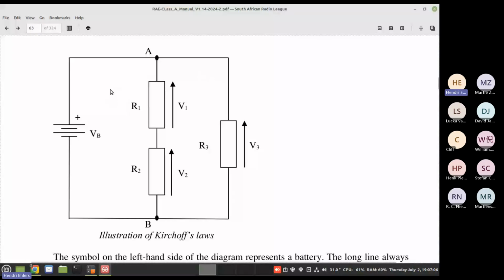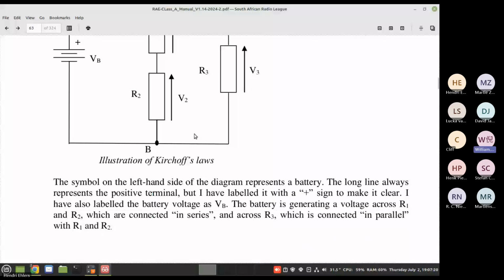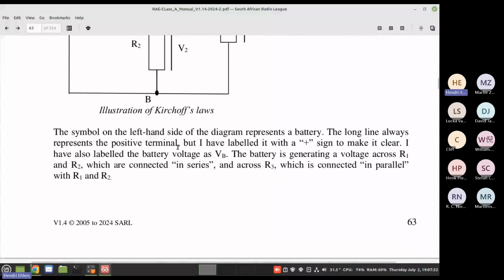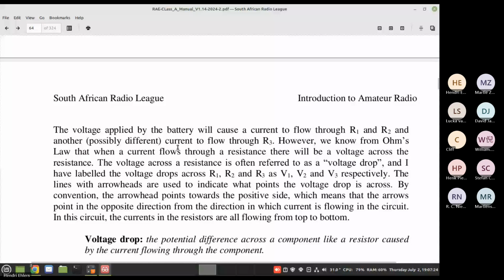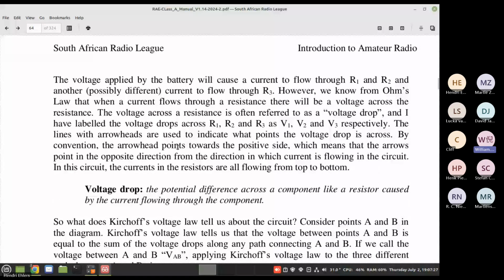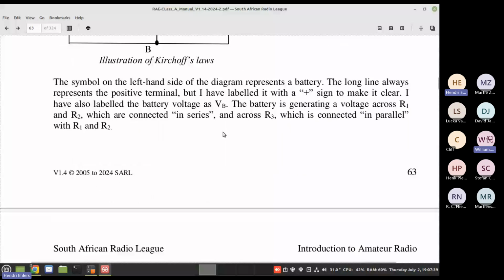And we know that V equals IR. So if we have the voltage, we can calculate the rest of the circuit. But this will make more sense when we start to add numbers to it. And here's the explanation that I just gave, of this illustration they've got here.